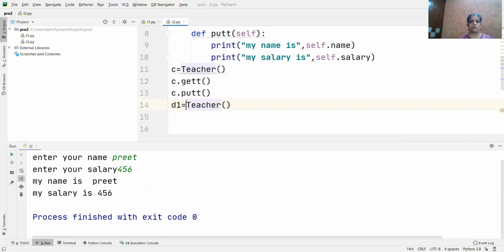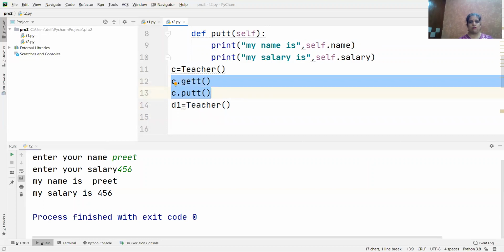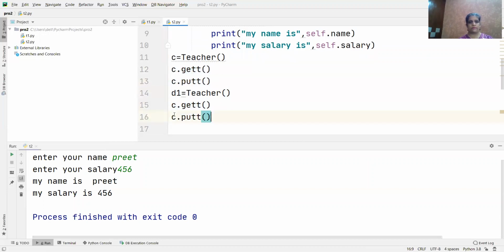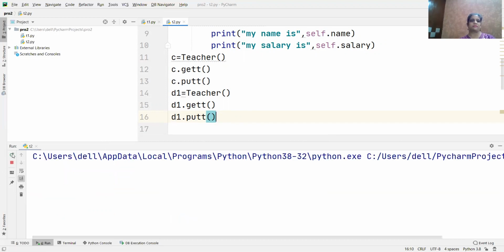Oh, d1 is equals to, and then the same functions I have to call. So let me put it here, and I have to put here D1. Fine, D1 and T1 like this. Okay. So as many objects as you can call, and then that function should be called for every object. Let me execute this.